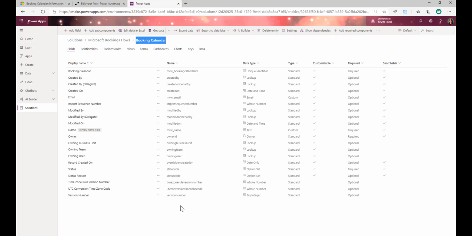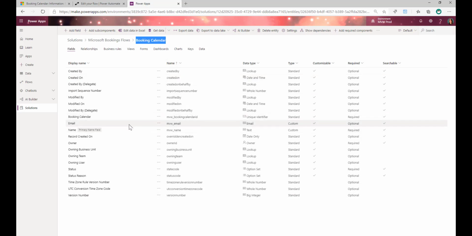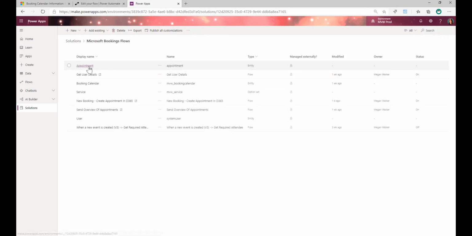So if I go back here, I've got a couple of fields that I've added. So let's go ahead and just look at these ones. What I'm doing, first of all, is I want to be able to put in the email address that the Microsoft Bookings calendar is tied to, and then I'm also just going to give it a name. So that's it. That's all I'm doing on this specific entity. If I go back and I look at the appointment entity,